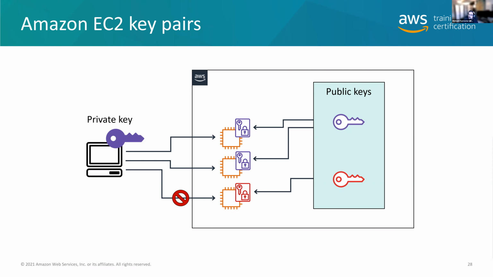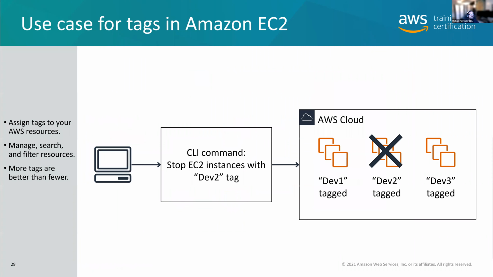Most systems now are using keys to log into a system, or they're using some kind of management agent like Systems Manager or something else. So just know these key pairs are generated inside of EC2. When you generate them, you get a private key, and it takes the public key and puts it on any EC2 instance that you launch, that you specify for, and then it uses the private key to unlock the public key. So you have to use that to log in.